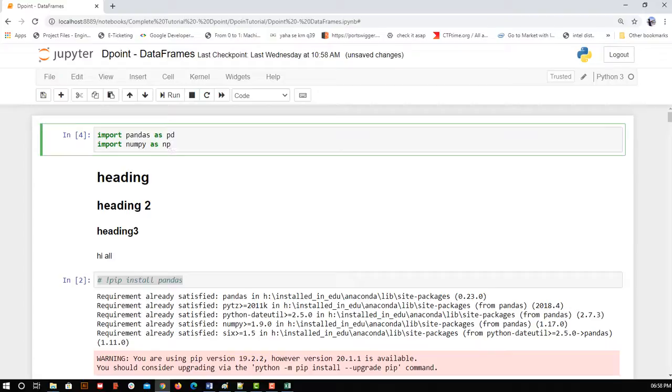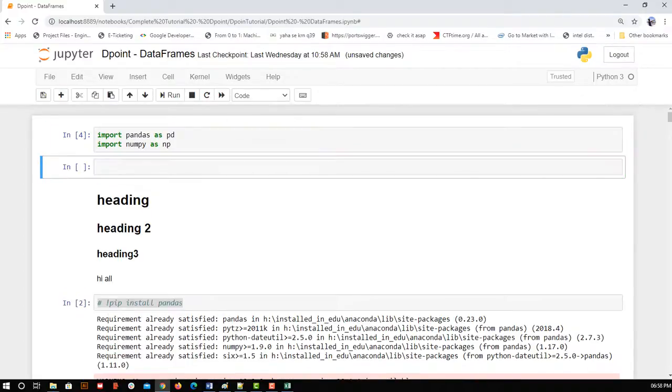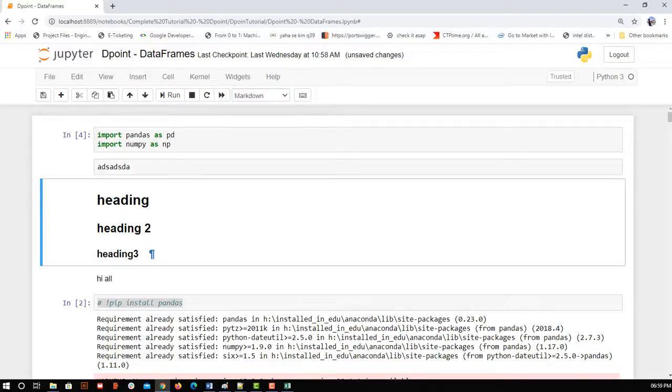Let me create one more cell and try this raw convert. This is not doing anything, but you can explore that. I hope this much is clear, and you can have your formulas, you can have images, everything related to the context of the coding that you are doing, you can keep here only. Our intention is to not go anywhere else while you are making progress. So we'll continue with this notebook.